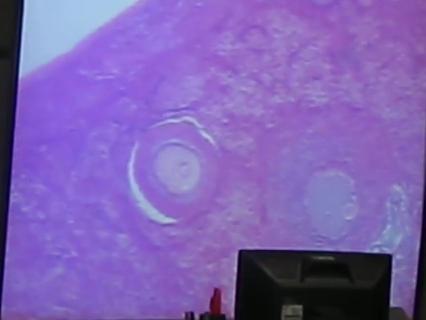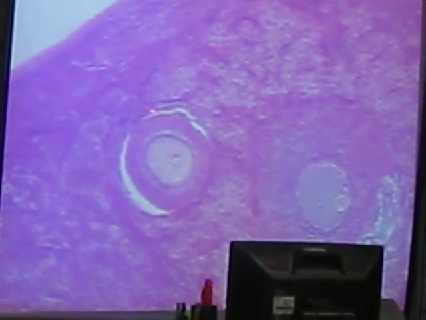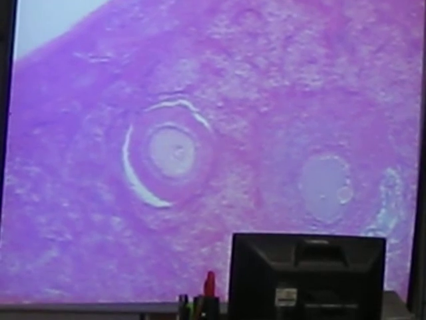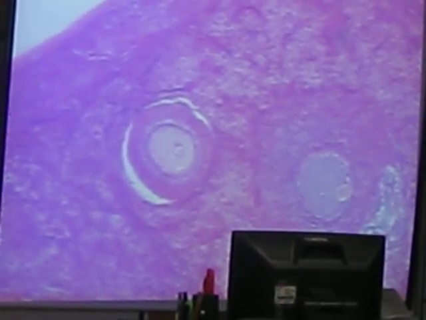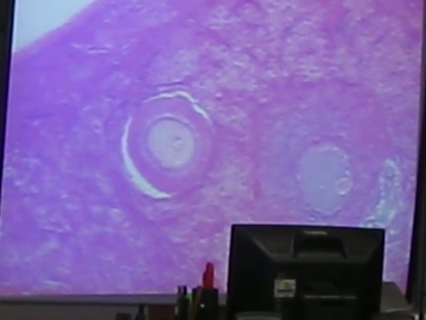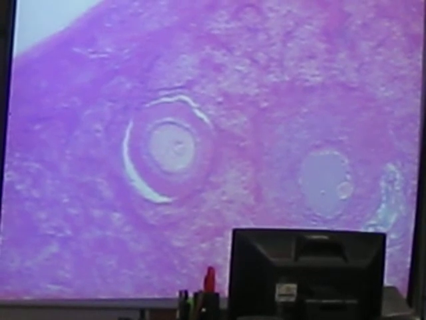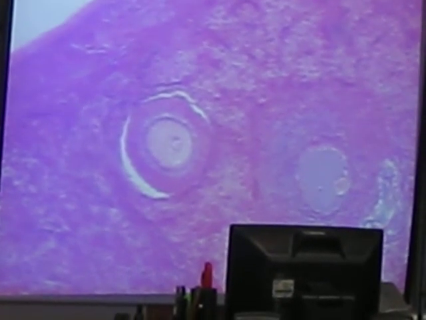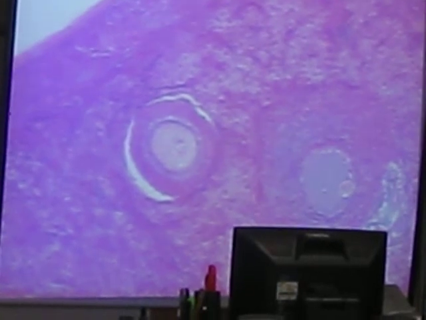So here's a primary follicle. Notice that the follicle wall starts getting a little bit thicker. The primary oocyte is a little bit larger because it's starting to go through meiosis 1, completing prophase 1, metaphase 1, and so on. Now, to go from the primary to the secondary, what you're going to notice is that the